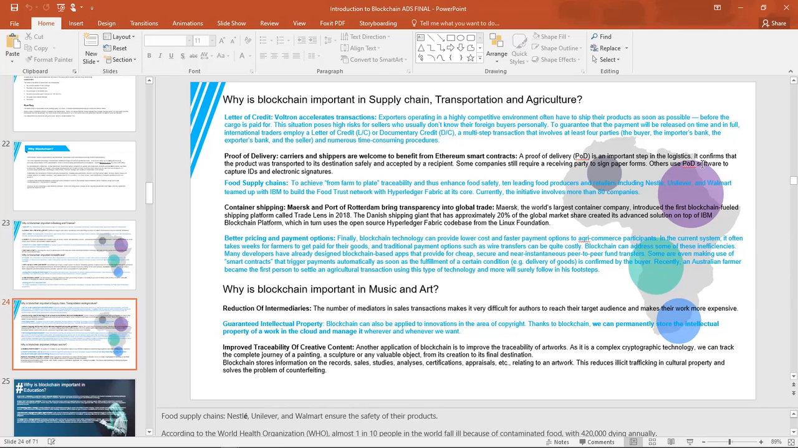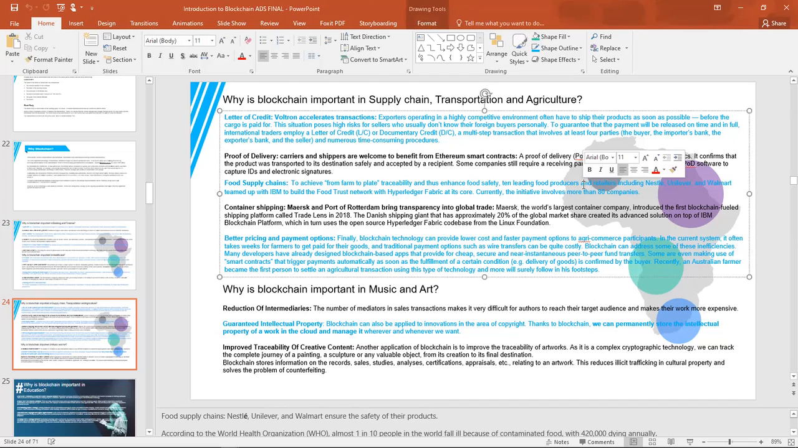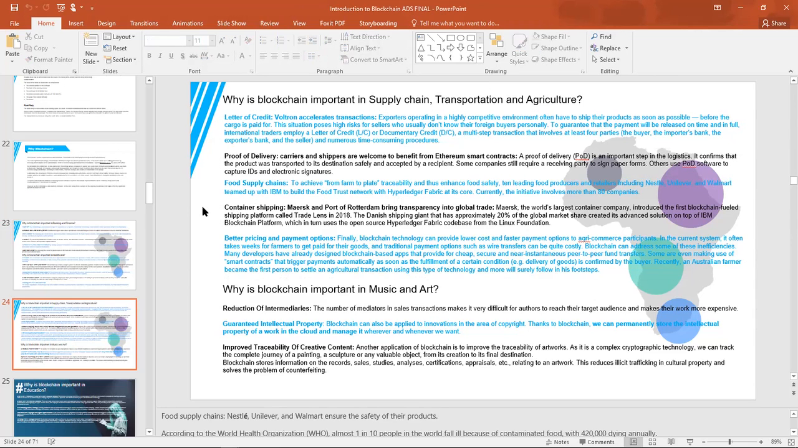In food supply chains, blockchain achieves traceability from farm to plate, and thus enhances food safety. Ten leading food producers and retailers, including Nestle, Unilever, and Walmart, teamed up with IBM to build the Food Trust Network with Hyperledger Fabric as its core. Currently, the initiative involves more than eight companies, and since they deployed the system, they have been able to reduce the tracking of food from 7 days to